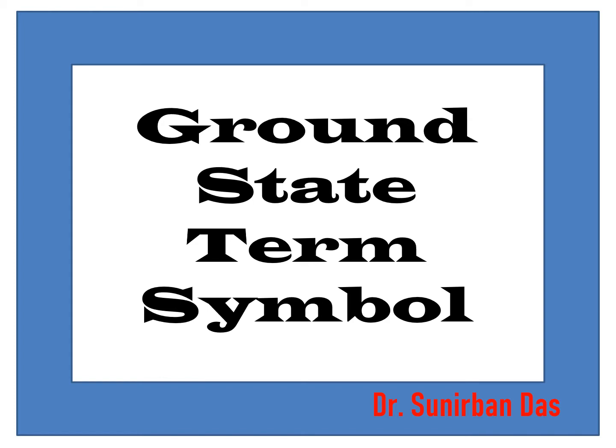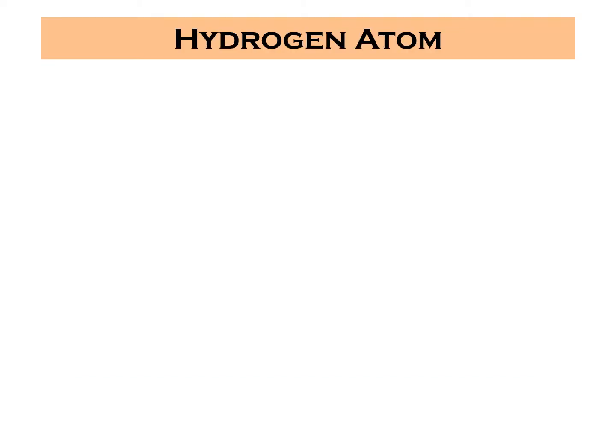Today we are going to discuss the most stable electronic state of a multi-atom, multi-electronic system, and this is defined by the ground state term symbol. Although the Schrödinger equation has been perfectly solved for the hydrogen atom, where only one electron is present, as a result of the solution, it gives four quantum numbers, which define the exact location or the energy of an electron within